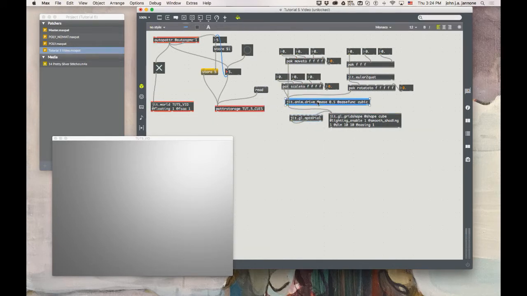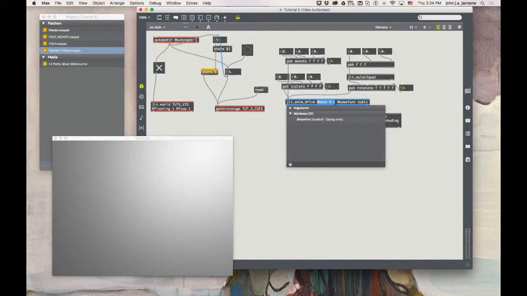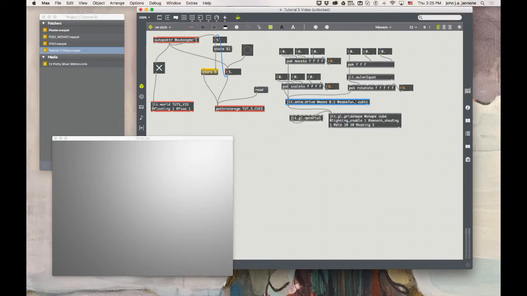it with a jit.anim.drive. I've added the @ease 0.5, meaning that any transition I do will ease in and ease out. So there'll be a smoothness to the transitions, and there are several ease functions you can choose from. I've chosen the cubic ease function because I like the way it looks when I make transitions. So these two additional attributes